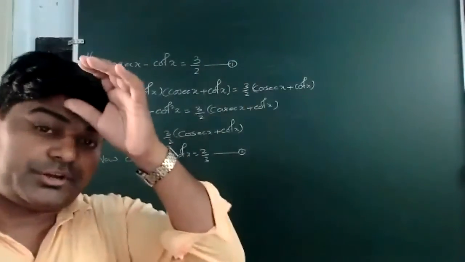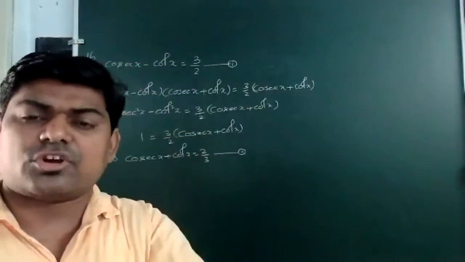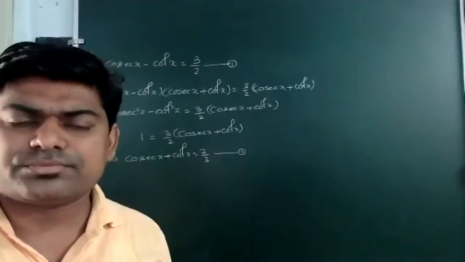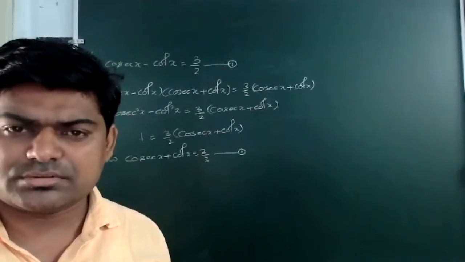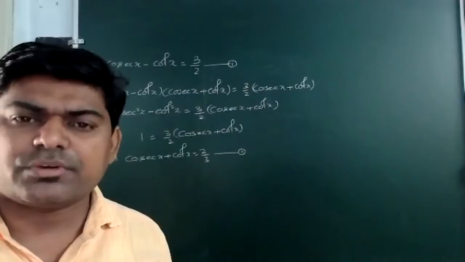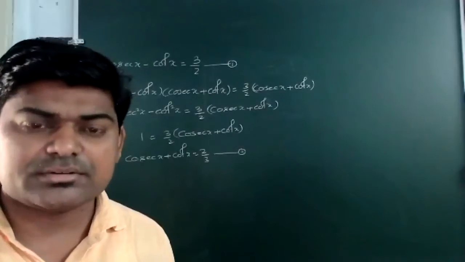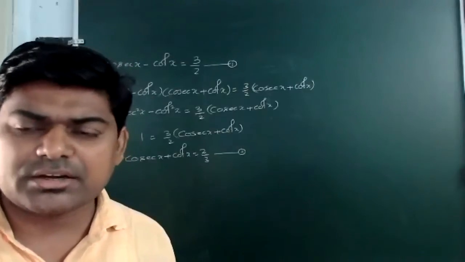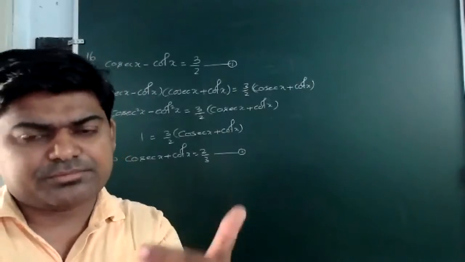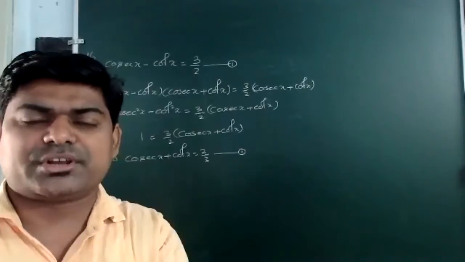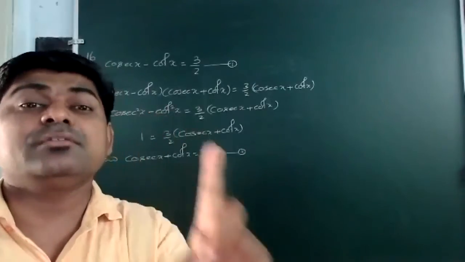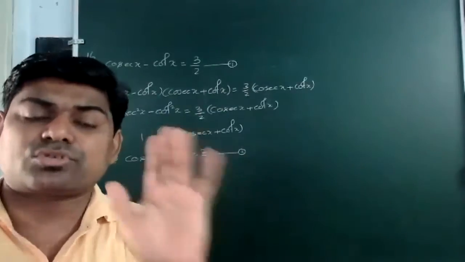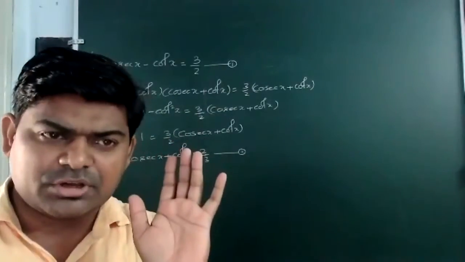After solving 1 and 2, can we find the value of cosec and cot or not? And when we get the value of cosec and cot, then I'll know the quadrant. If cosec is positive, cot is negative, it means it will be in second quadrant. If both are negative, it means it is in fourth quadrant. Are you getting me or not?